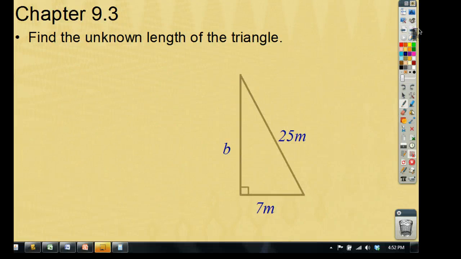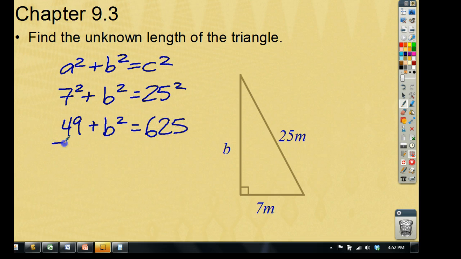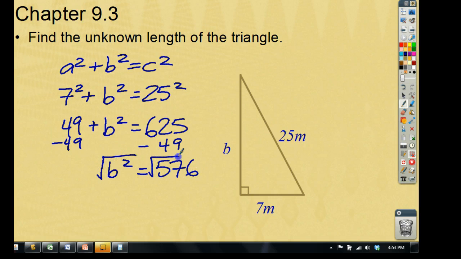Okay, you try. Go. Okay, hopefully you did a squared plus b squared is equal to c squared. In this case, I know a, so it's 7 squared plus b squared is equal to 25 squared. So 49 plus b squared is equal to 625. I'm going to subtract 49 from both sides, and I get b squared is equal to 625 minus 49, 576. I'm going to take the square root of that, and I'm going to find out that b is equal to, I think that's 24